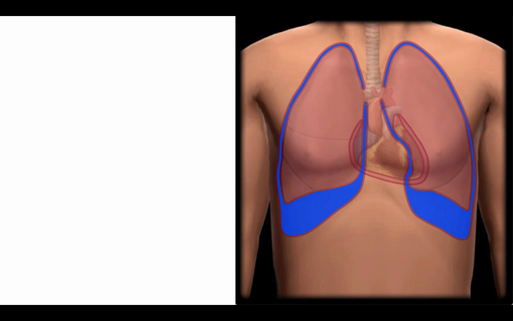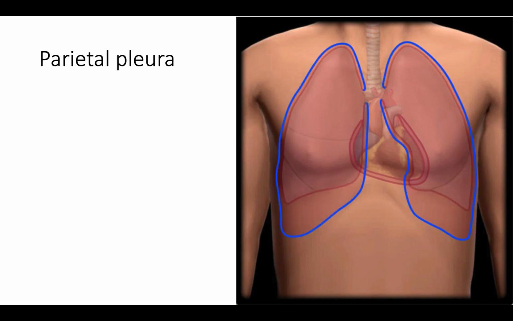Next, let's look at pleura. So this is the pleural cavity. There's 2 pleural cavities, one on the right and one on the left. And then there's a serous membrane that surrounds the pleural cavity. And the visceral, or the parietal pleura, we'll start with that first. The parietal pleura, it's going to line each individual